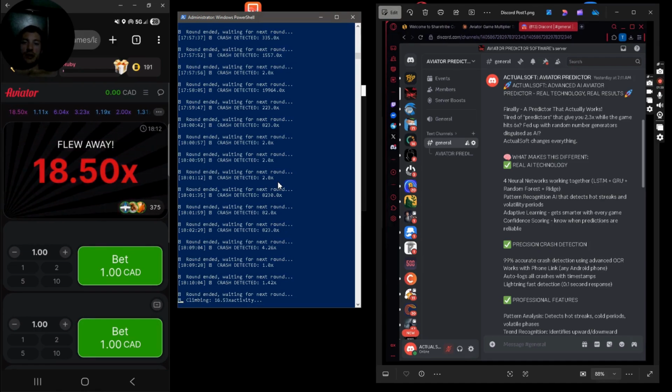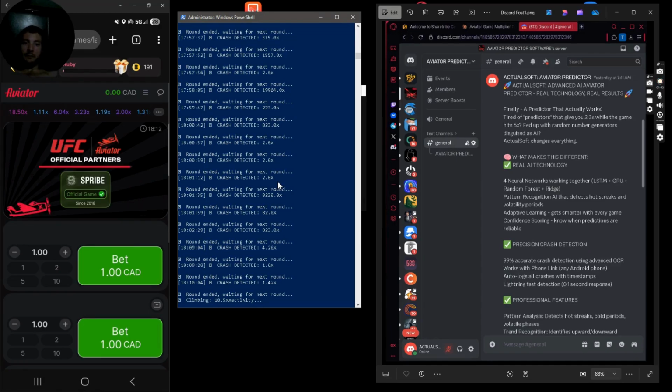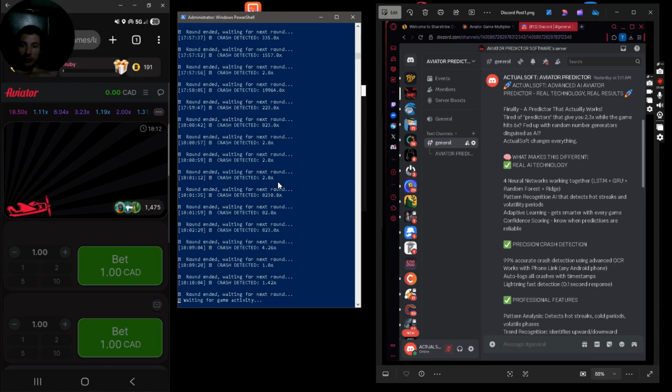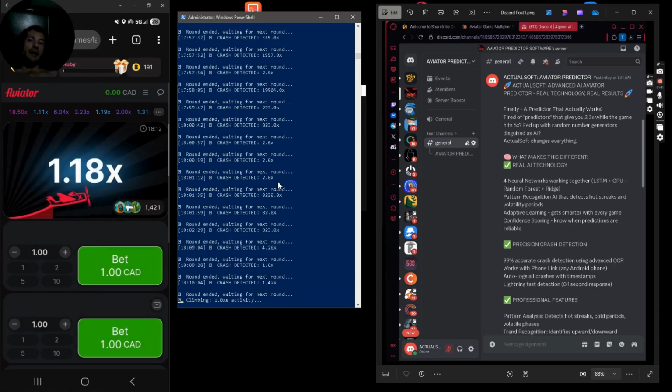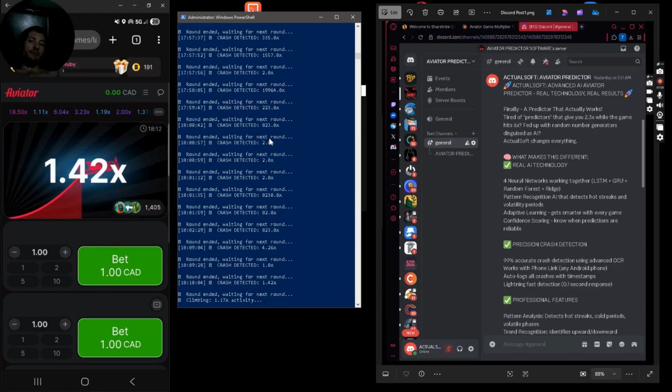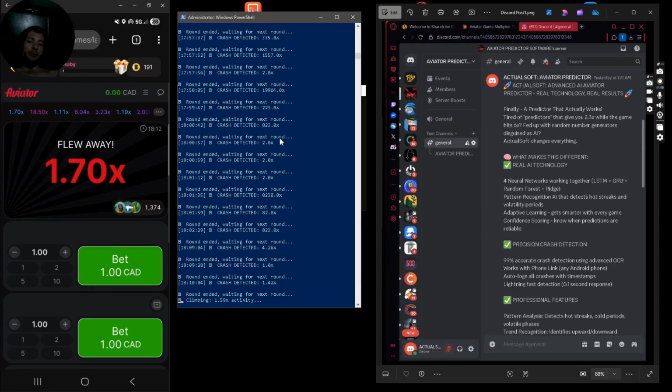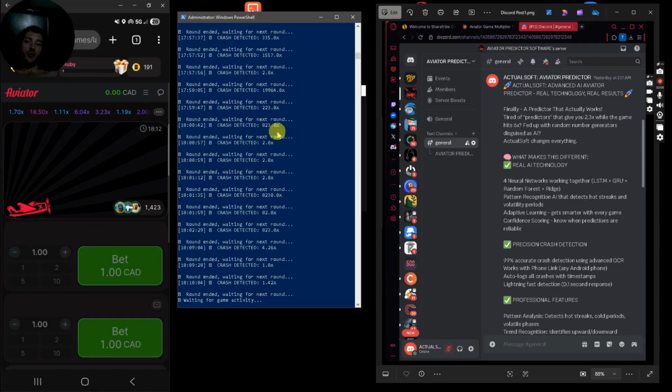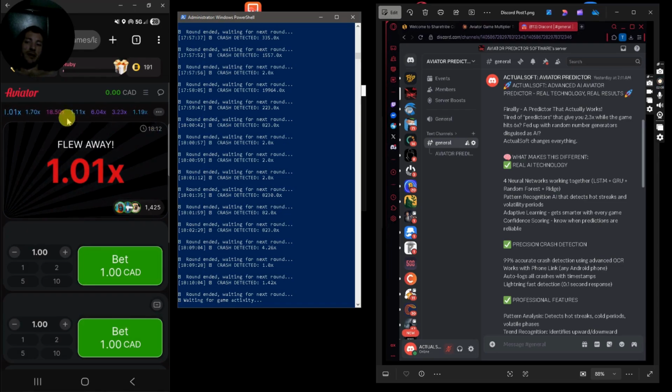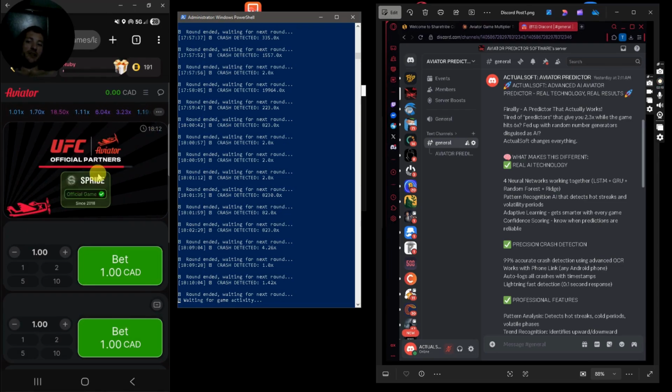Every single multiplier is logged to a CSV document that you can put in whatever folder you desire. And basically it gets stored in that, and then the Predictor part of the software learns off of past patterns as well, not just the past, say, like right here, 6 rounds that it's gone. It learns over time